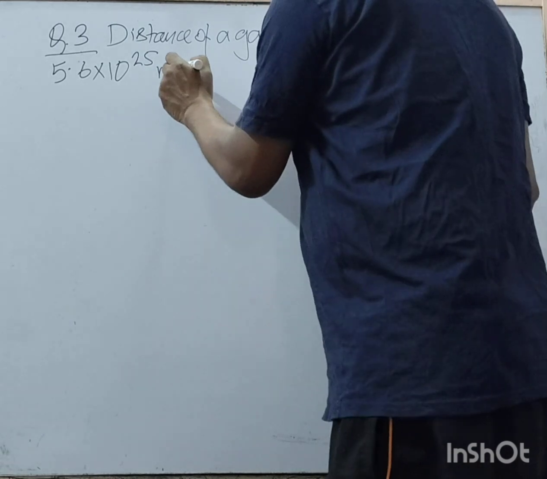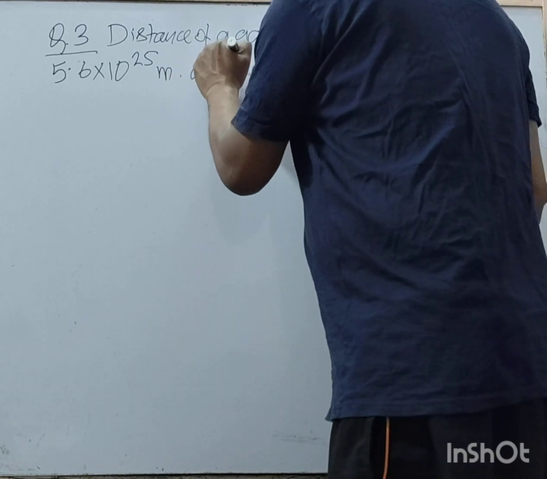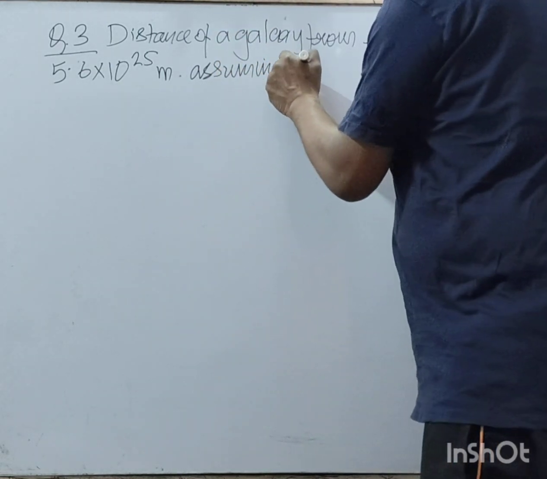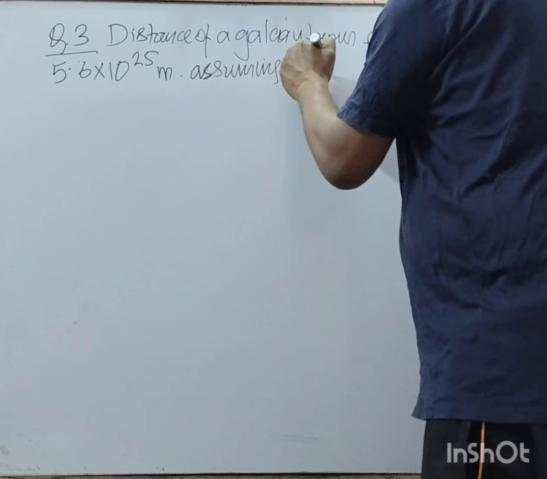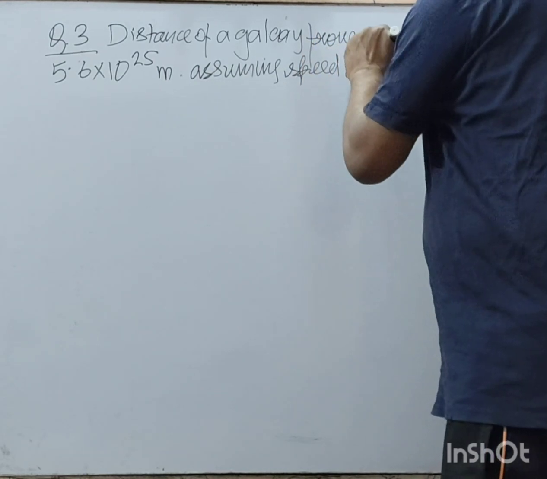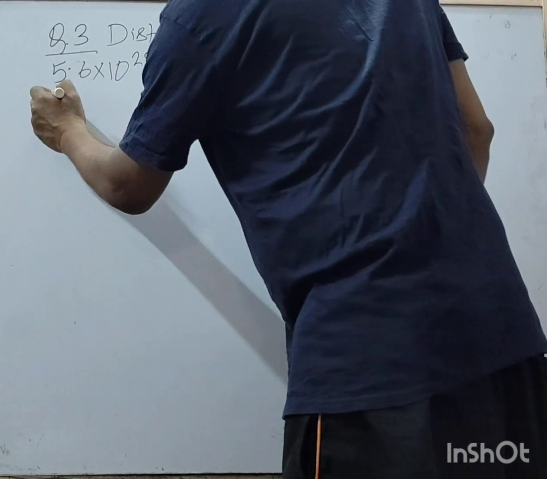Assuming the speed of light is 3 into 10 to the power 8 meter per second,